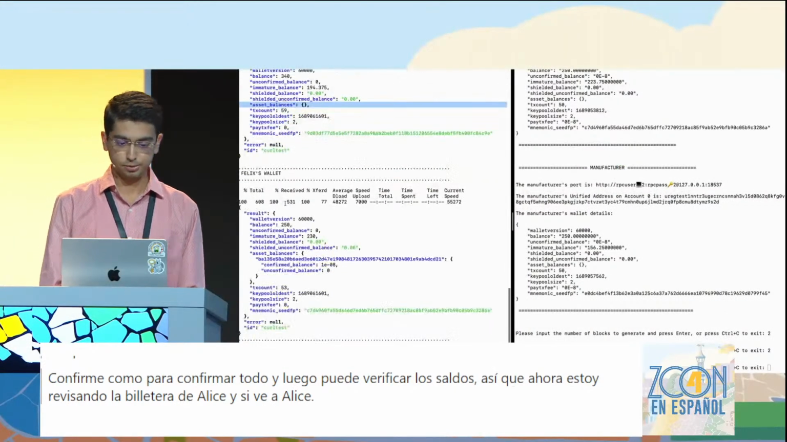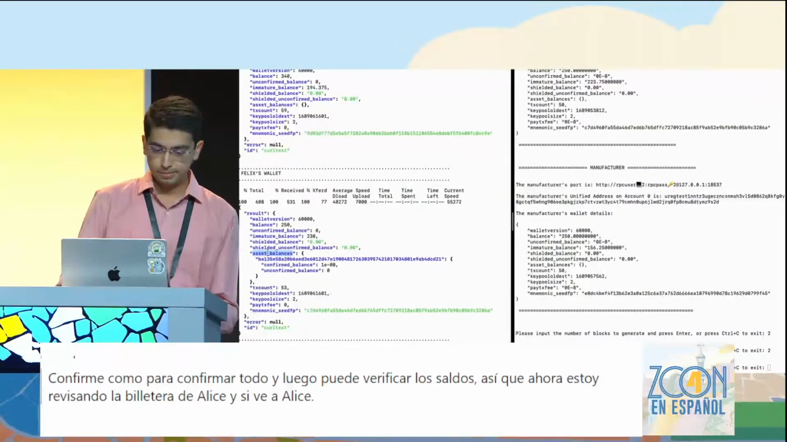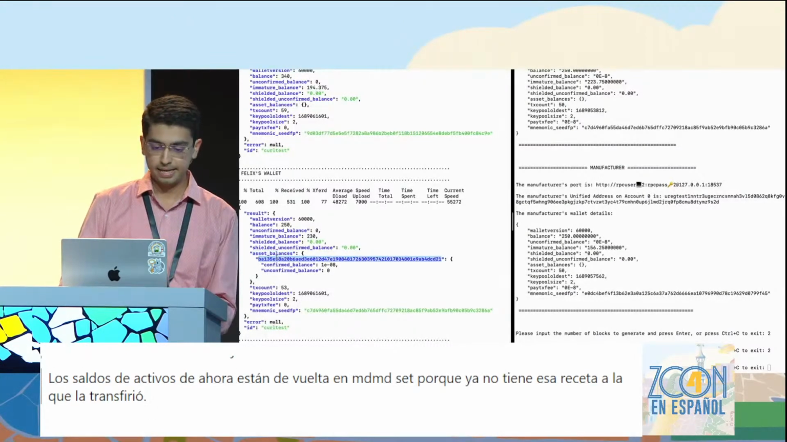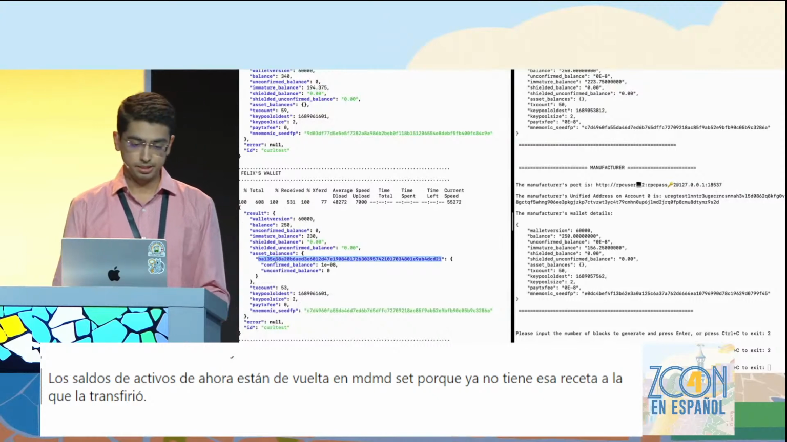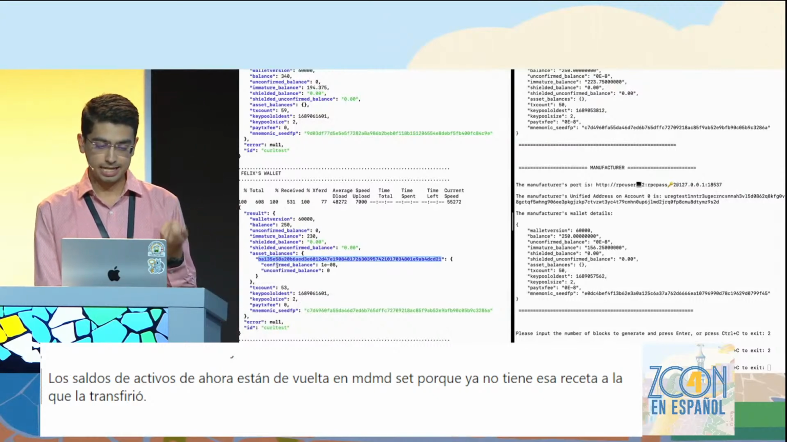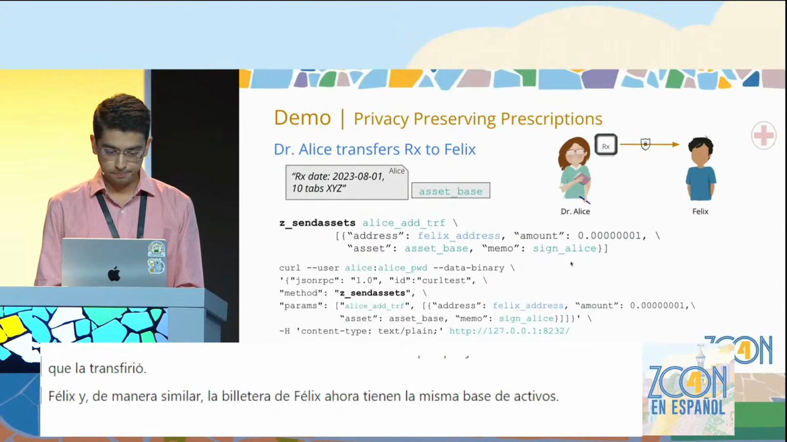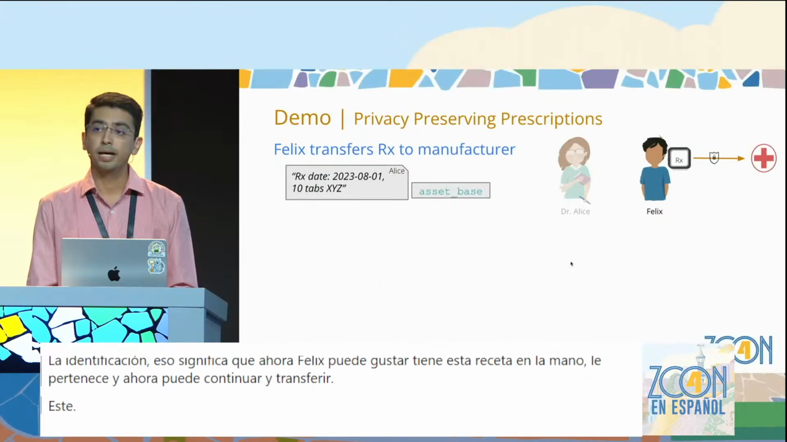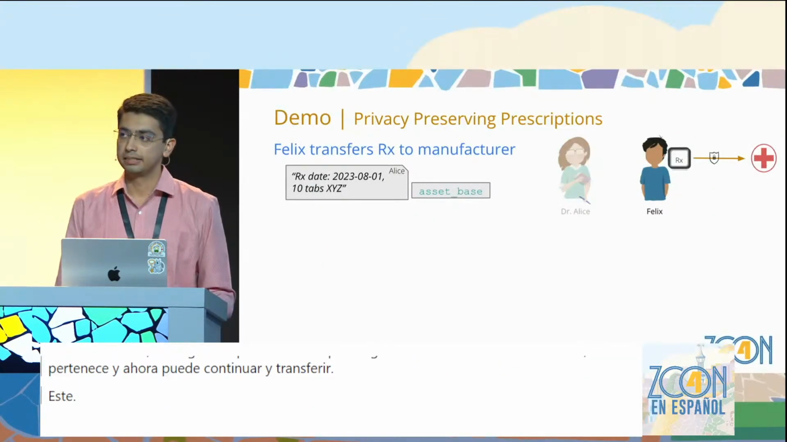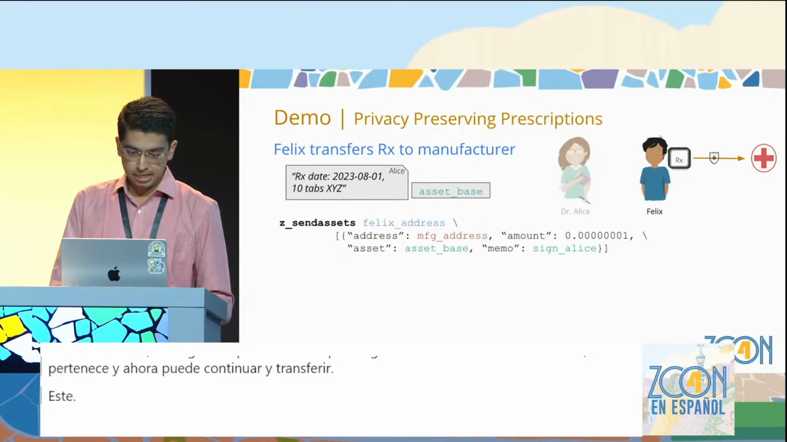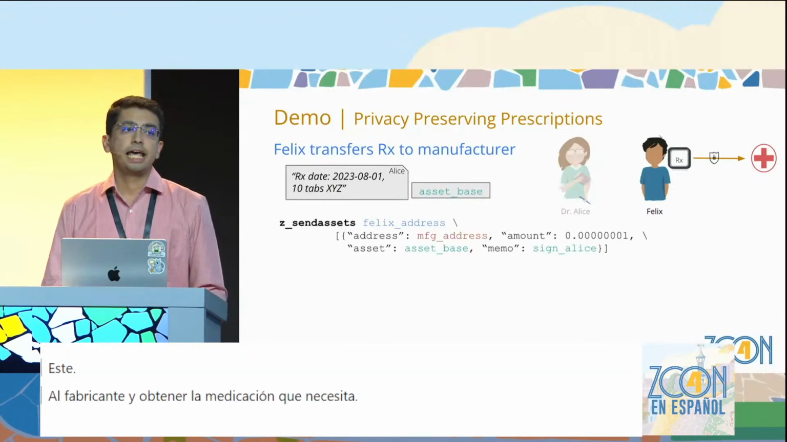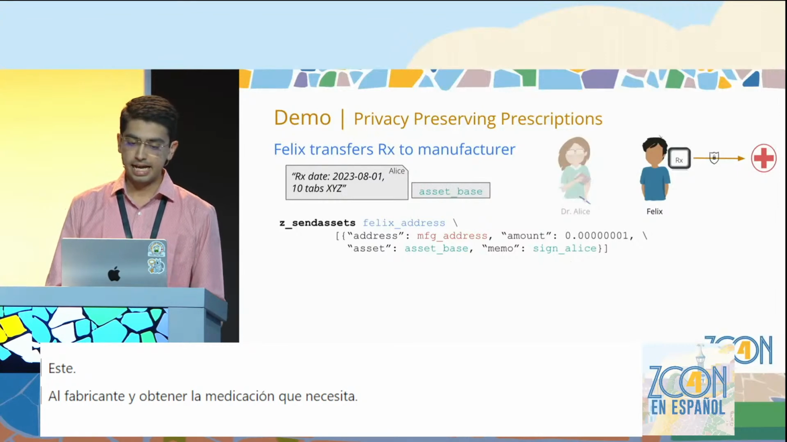She's transferred it to Felix. And similarly, Felix's wallet now has the same asset base ID. So that means that now Felix has this prescription in his hand. It belongs to him. And now he can go ahead and transfer this to the manufacturer and get the medication that he needs. So the way he will do that is, again, you use send assets again, same way